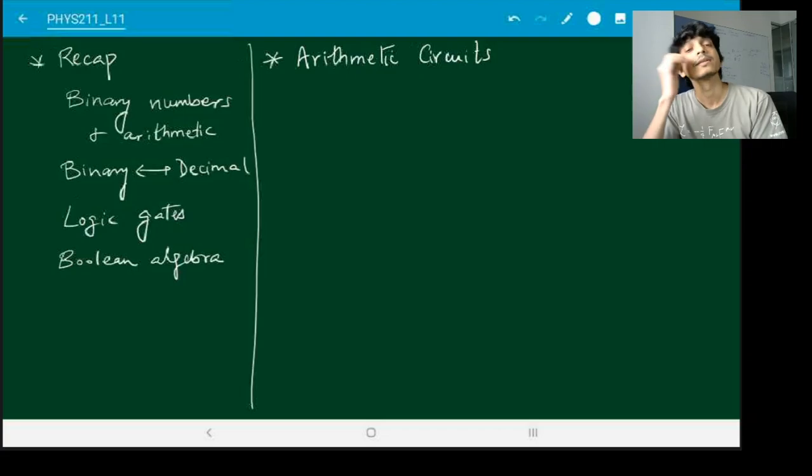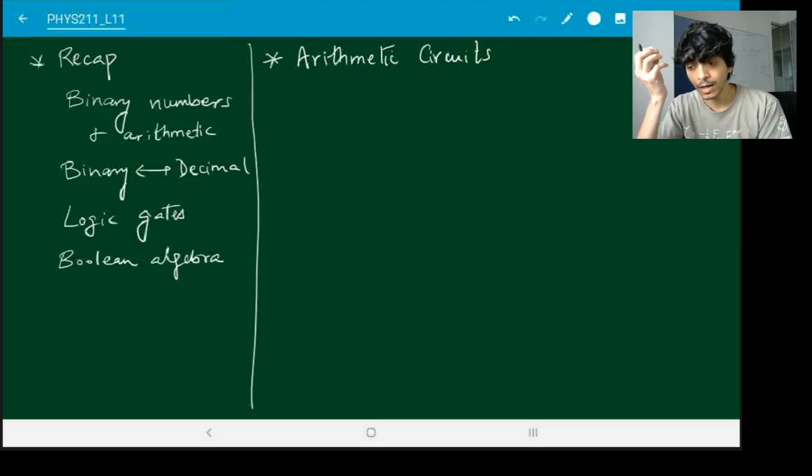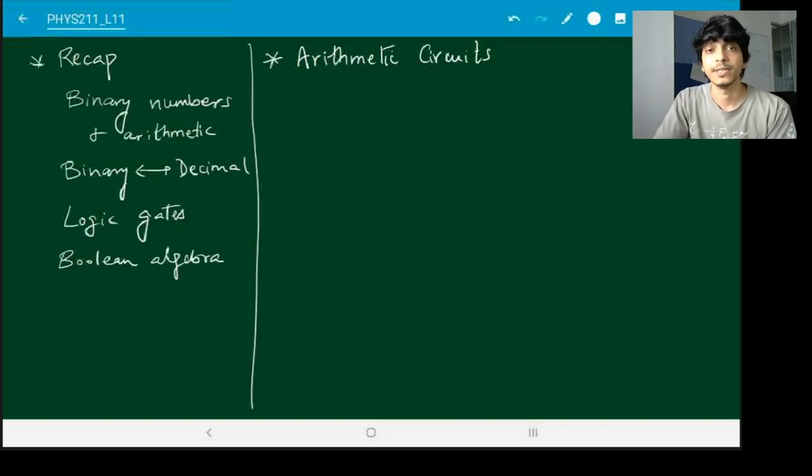The basic question is, when you have your computer or even something much simpler like your calculator, the processor inside your calculator, how does it know addition or subtraction or any arithmetic operation? Of course, we are going to do this for the most elementary operation, which is just addition. So we'll see how to make circuits that are called adders, an adder circuit. And this is the most basic kind of operation that you can have.